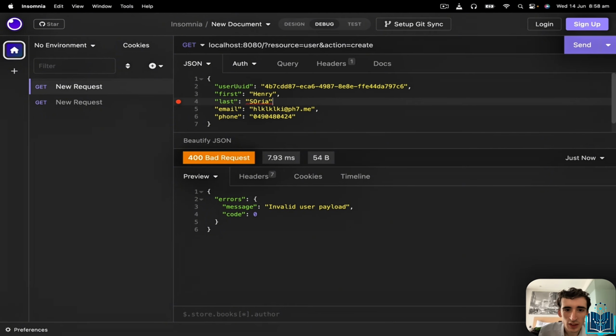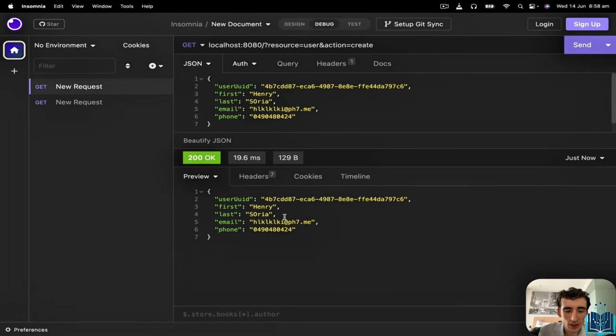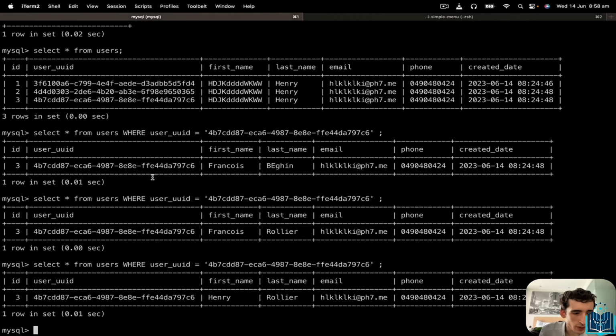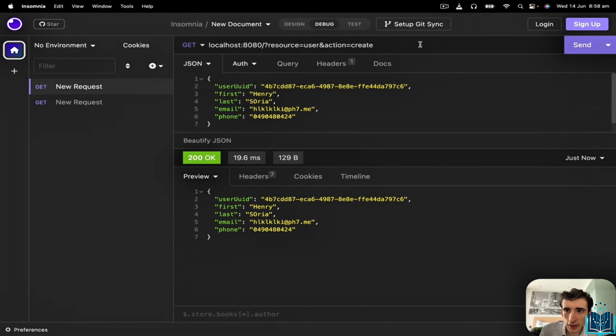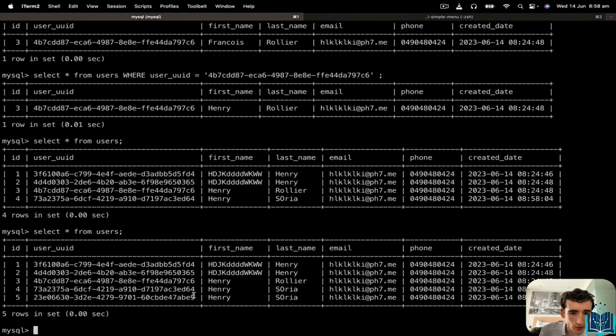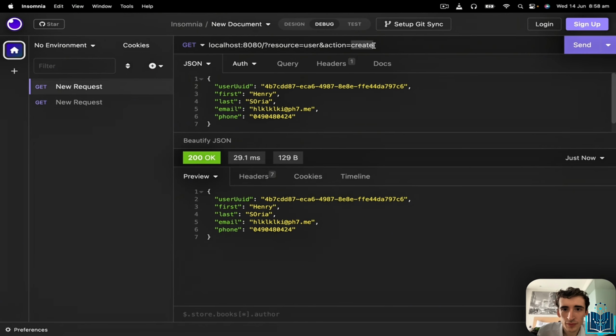And if I do this, it does work. Do I have the new user? If I go there, from users, perfect. I do have the new user. And now if I try to update that one, update, and here I mention the UUID, I say new name,